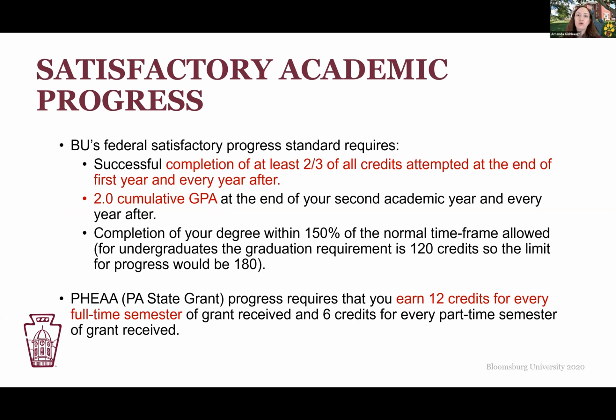So starting out right away, you're required to earn at least 2/3 of all credits attempted. This is evaluated at the end of each spring semester. So even that first academic year that you're enrolled at Bloomsburg, you have to earn 2/3 of all the credits that you attempt. Then, in addition, after the end of your second academic year, you have to have a 2.0